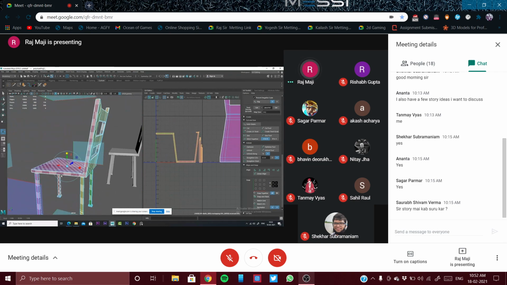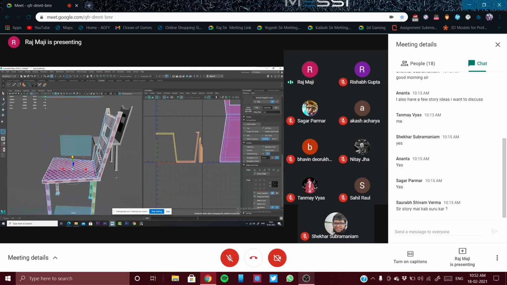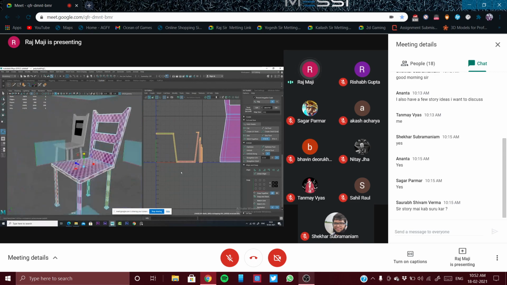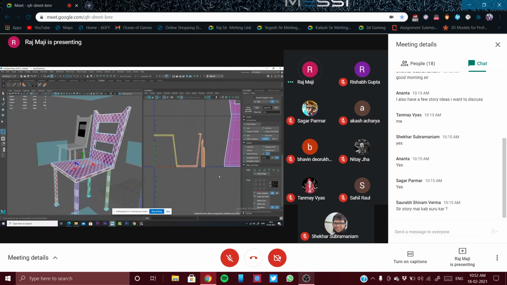So I'm checking over here. I'm also checking over here what kind of result I'm getting, and approximately fine. Now the next job will be selecting all the UVs.